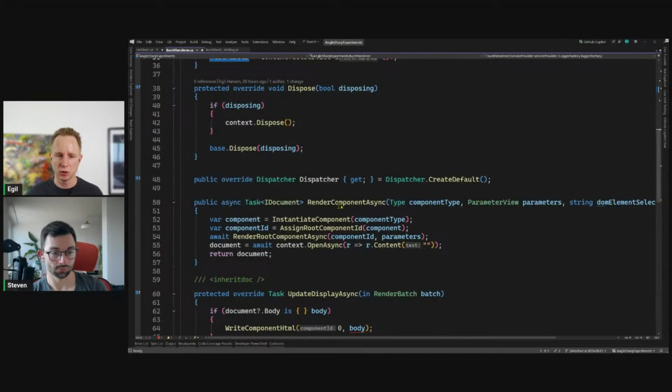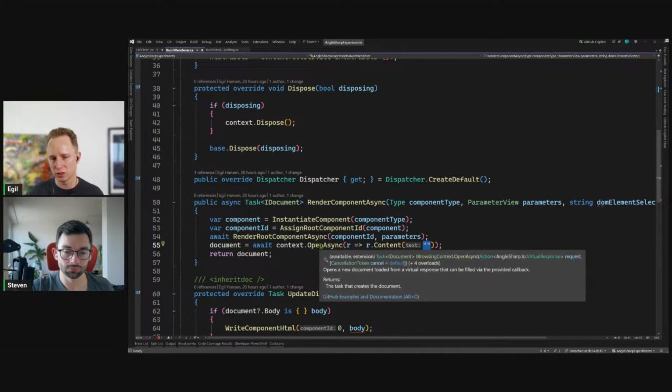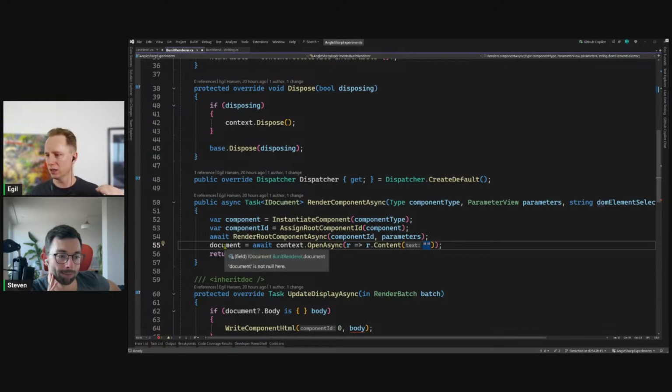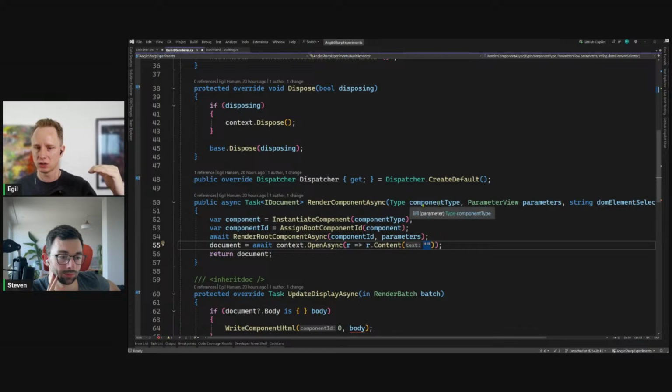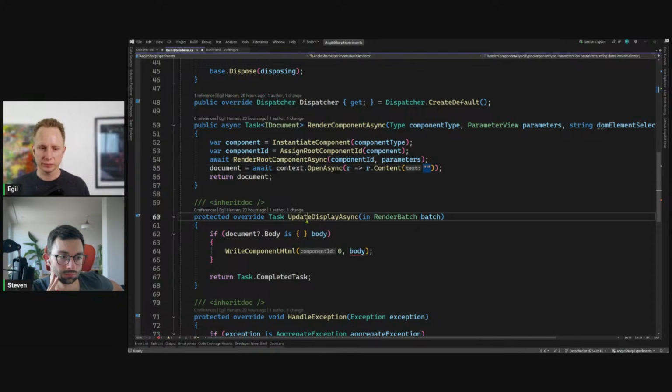Then we have some dispose, we have some render component where we just instantiate it, and render root component, and we assign. So basically in AngleSharp, you can go and say open async, which isn't really async in this particular case because we just pass in the empty string. We want to create our root document that is going to be attached to the root components that we would just ask to render, right? So at the root level, we want to have a single document we can add stuff to. And then here in update display async, we just go and pull out the body, and we call write